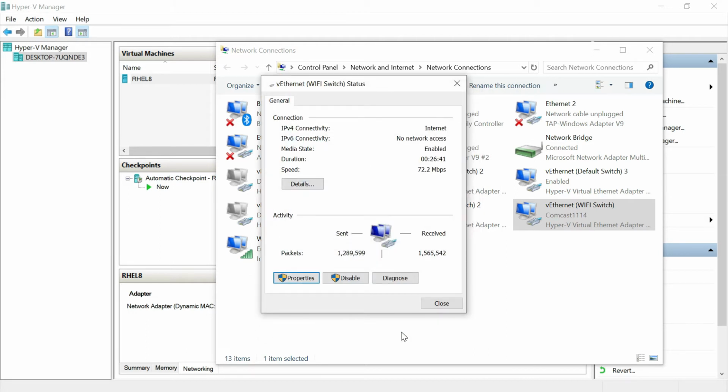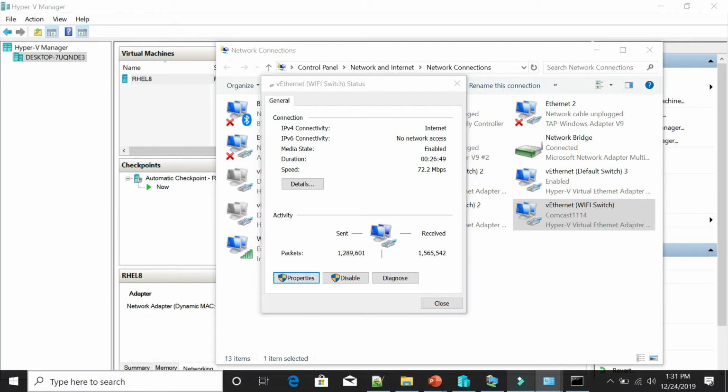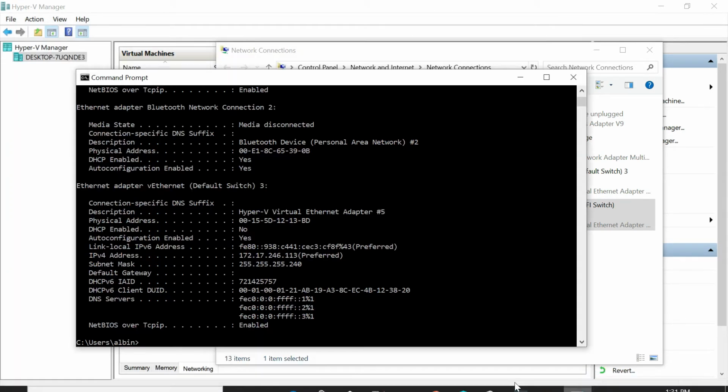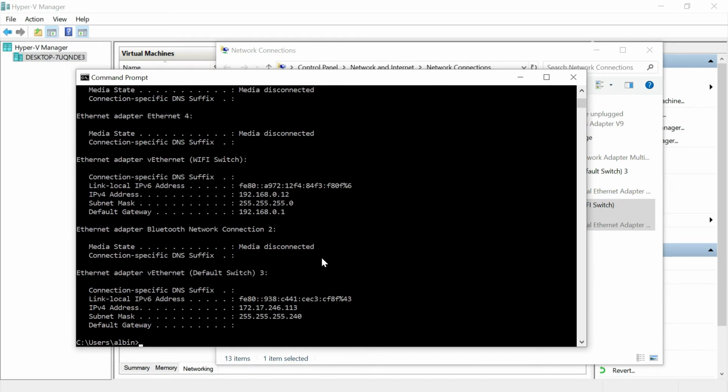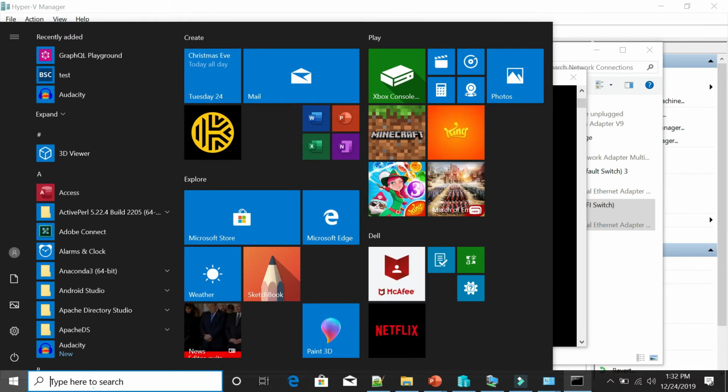Maybe we need to verify whether the new IP address is assigned to the system. For that, again you can go to the command prompt. Open the command prompt and just type ipconfig alone. Here you can see the IP address. The IP address we configured in the previous section is reflecting now, so it means the new IP address is assigned. You can also see the subnet mask, default gateway, and all those values are set properly now.